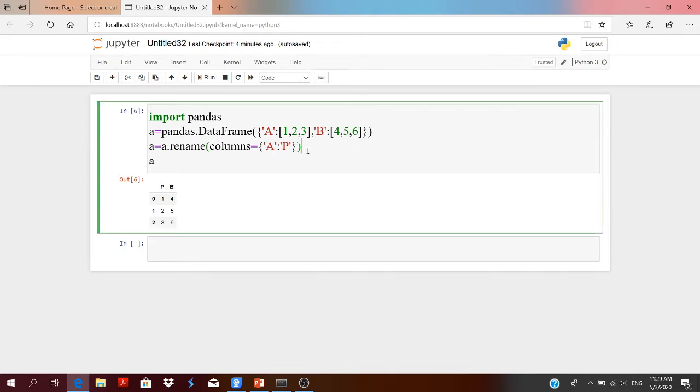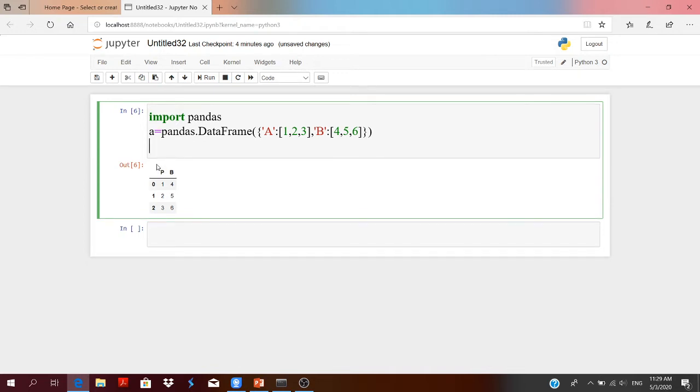Similarly, you can also delete any particular column of your data frame. There are two methods available for it, the del and pop functions. By using the del command, you can delete a particular column.